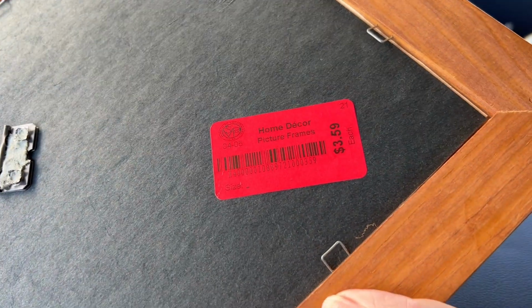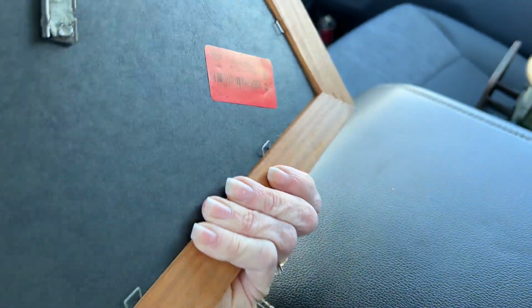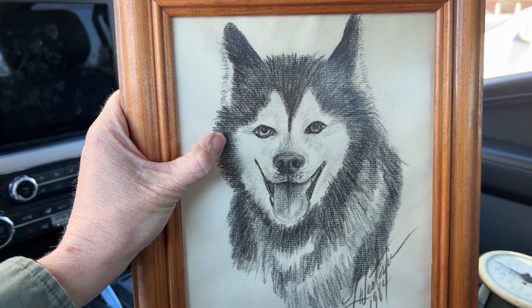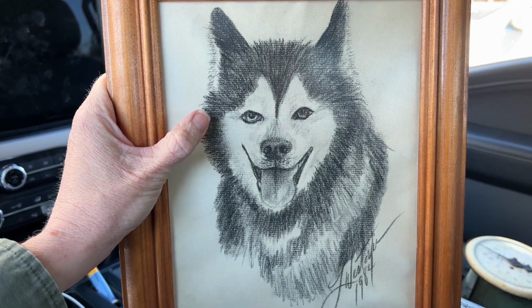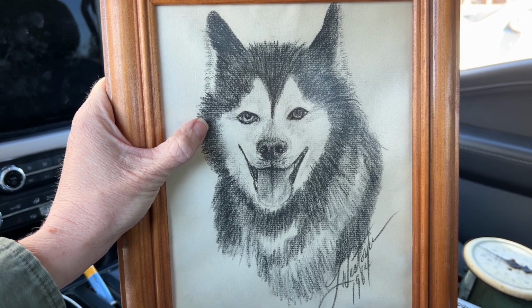This is what I spent more on because it's just for me, and I think I'm going to put it in the bathroom with that sketch of the guy, but I want to get a frame for this. I did find a black frame in the store, but it wasn't quite the right proportion. So I'm going to need to take this home, measure the paper, and then I'm probably either going to want,